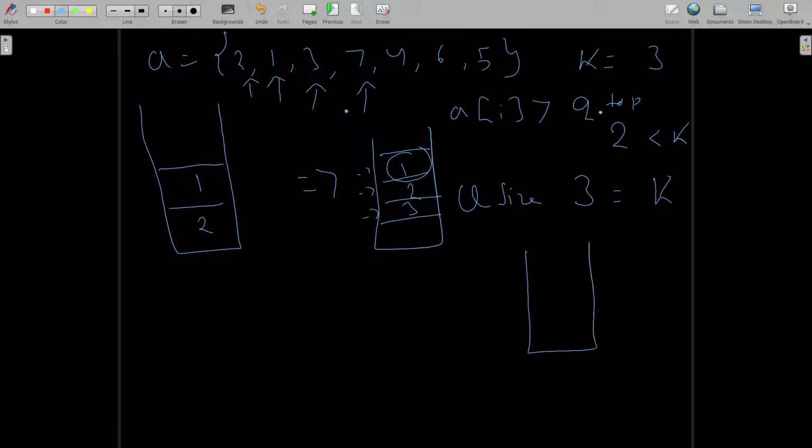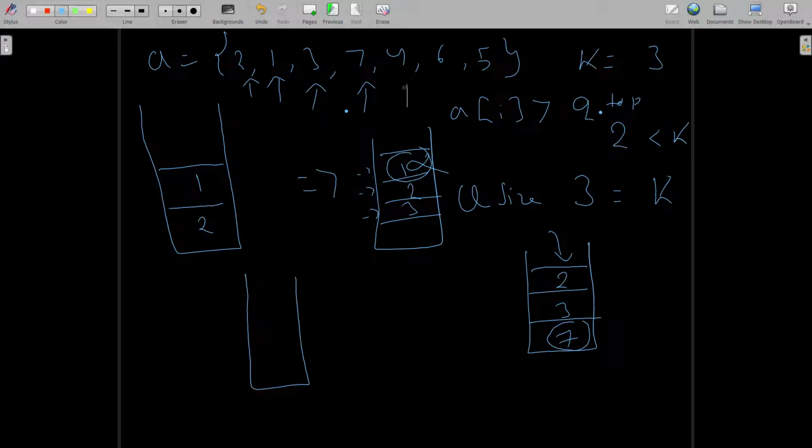Since the queue is 1, 2, 3 and 7 is greater than 1, we pop the first element from the queue and insert 7. Therefore our queue becomes 2, 3, 7. Since it is a minimum priority queue, 2 is the lowest element and is present at the top. Now again we move forward.